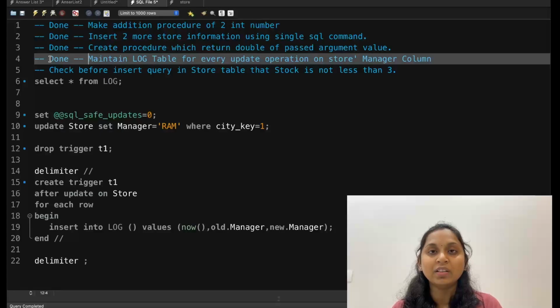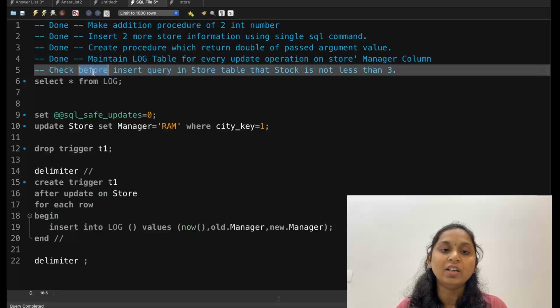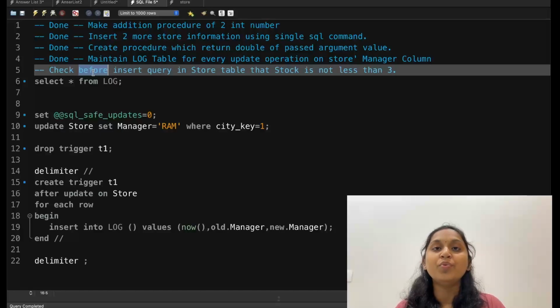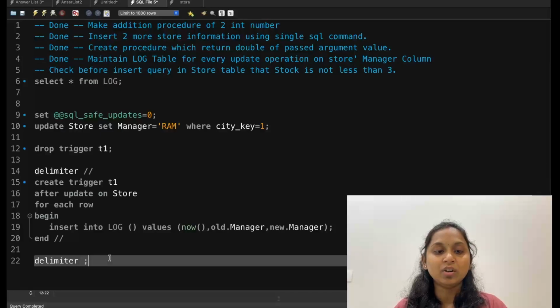Because we want to assign this with the insert operation. Now here they mention before, but ideally whenever we are doing an insert operation and checking any constraint, it should fire before the execution happens. So we require the before trigger. Fine. Now let me clear the screen for us,